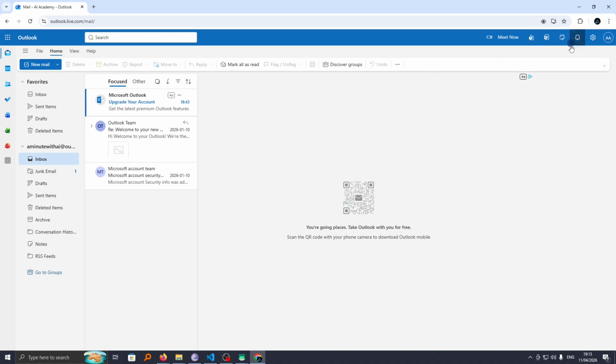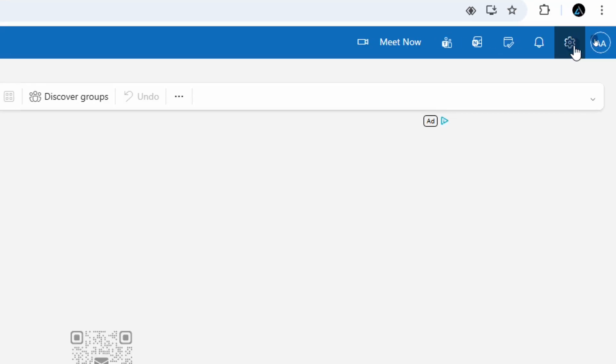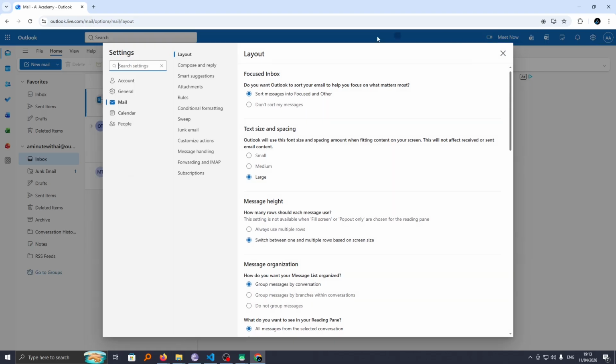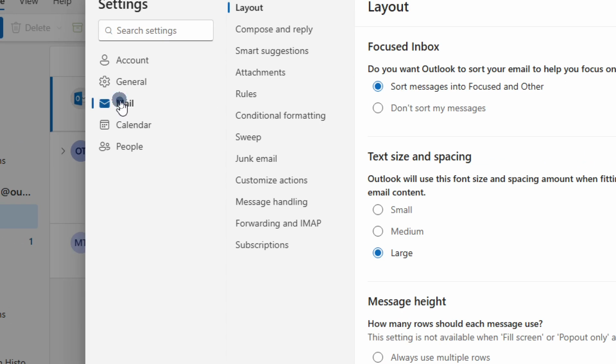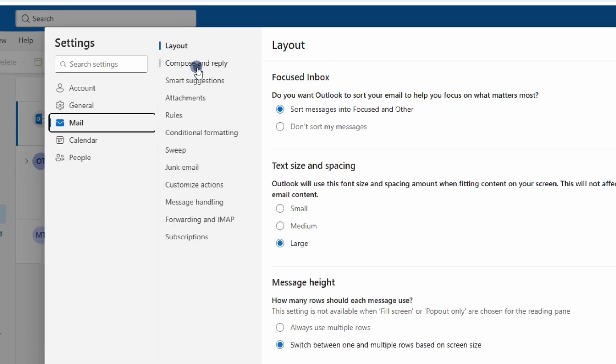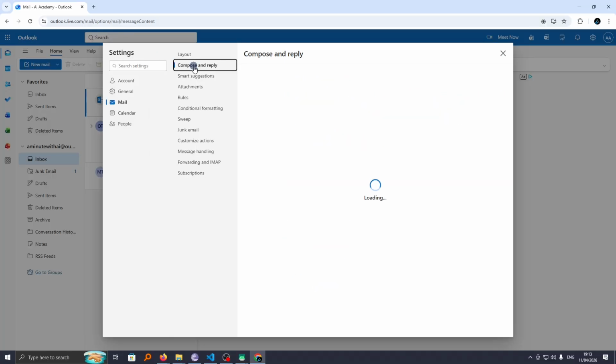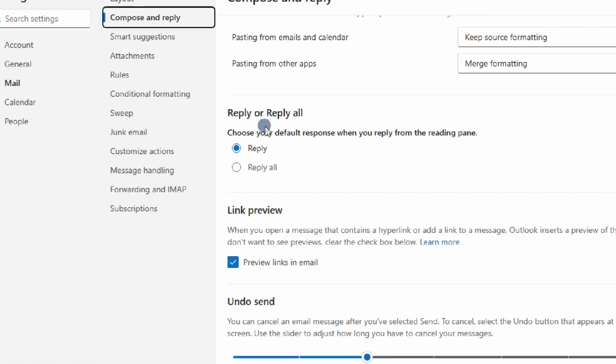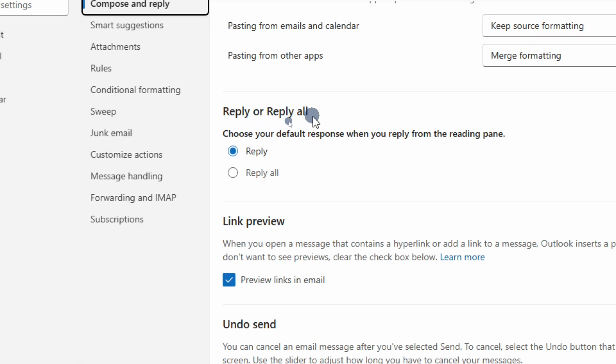Now to do this, log into your Outlook account and then go to settings on top. From here, click on mail under settings and choose the first option, compose and reply. Then scroll down to reply or reply all, and you're told to choose your default response when you reply from the